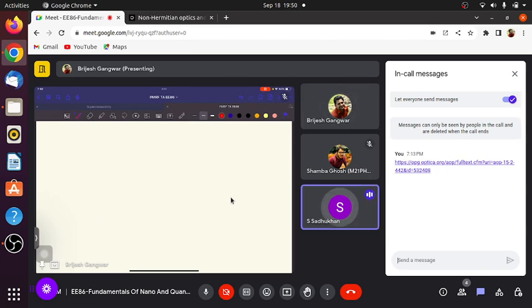হ্যাঁ সুমনদা বলো। আরে আমি ক্লাসটা করছি স্ট্যাটার সঙ্গে।